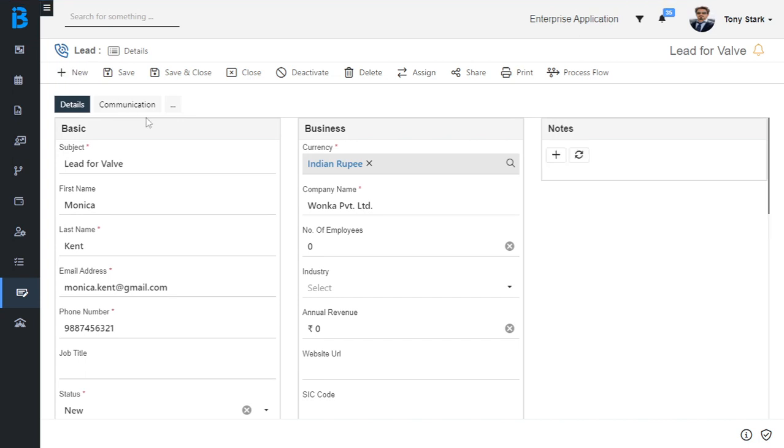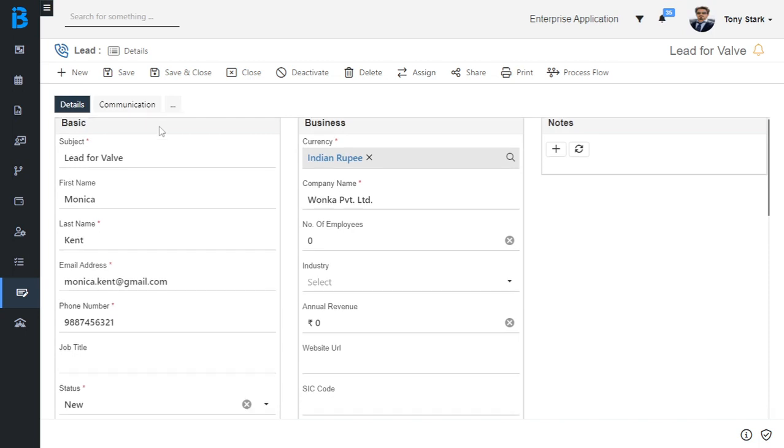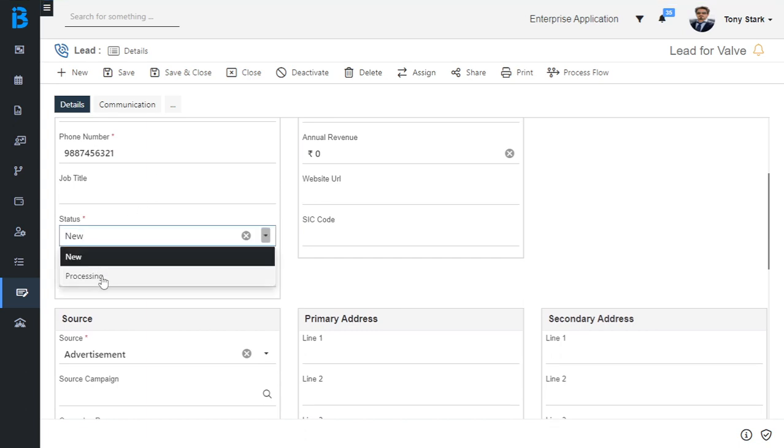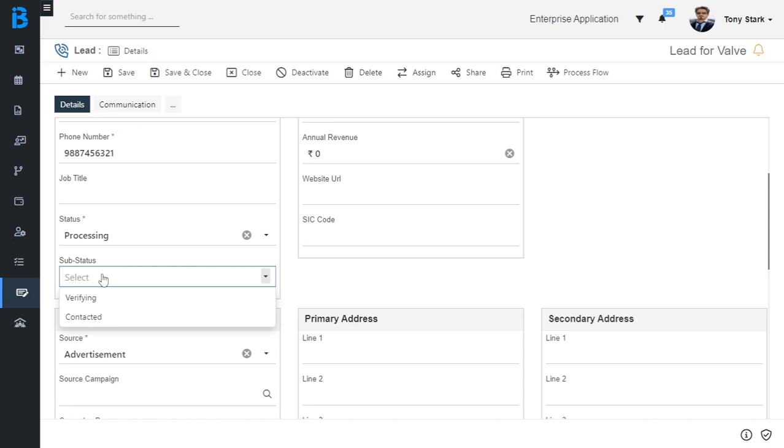Here you can see the detailed page of lead record. To process the lead, change the status as processing. Select the substatus from verifying or contacted as per your requirement.